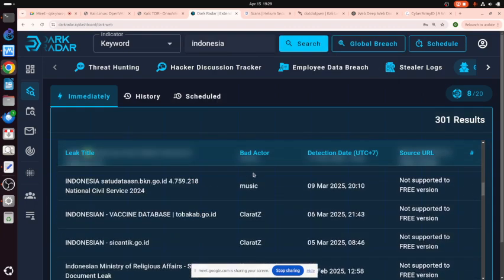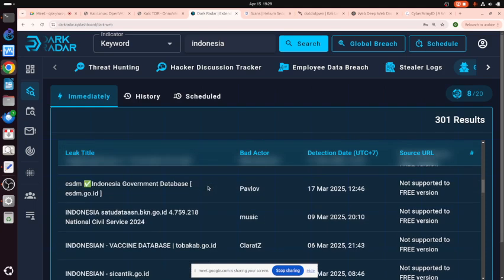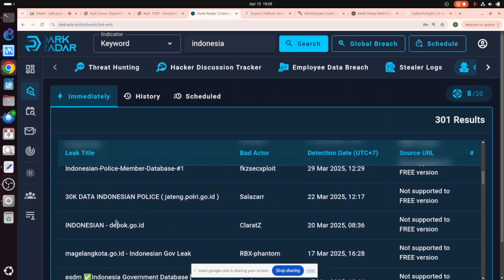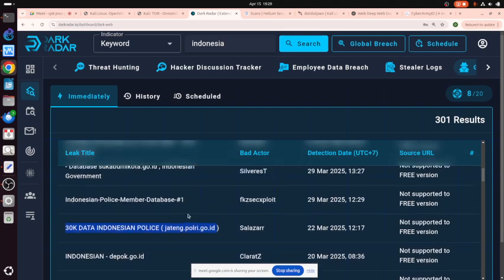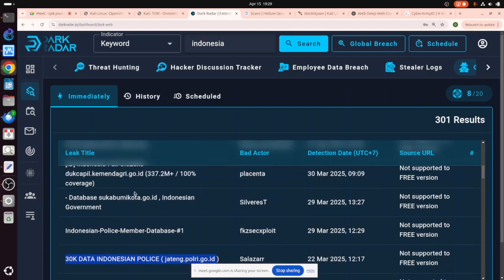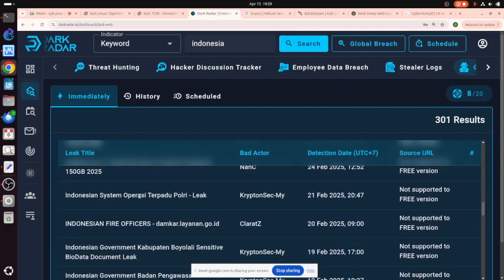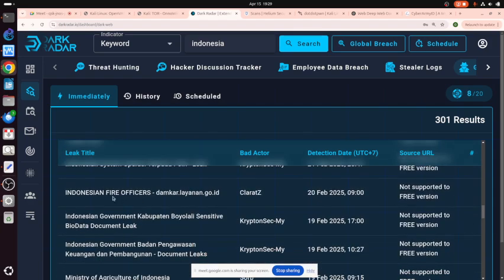Okay, we can see the bad actor as well. Clarks. This is all Indonesia. This is all Indonesian. Wow. ASDM. Magelang, Depok. This is Polri, Jawa Tengah, Indonesia Police Member Database. Sukabumi, Depdagri, wow. This is a lot, man.